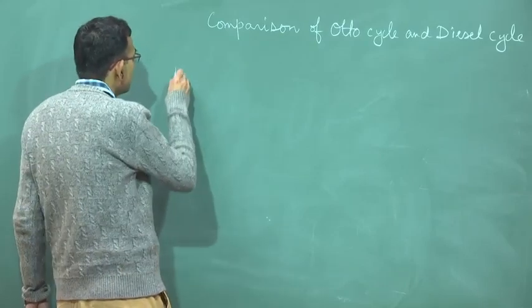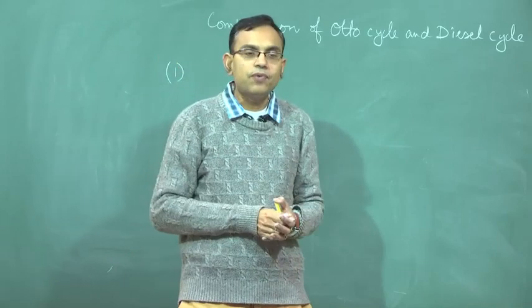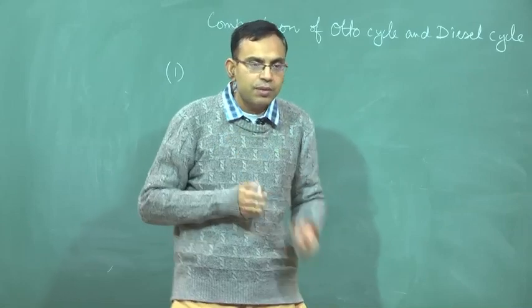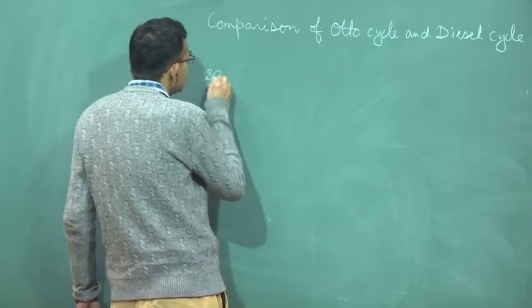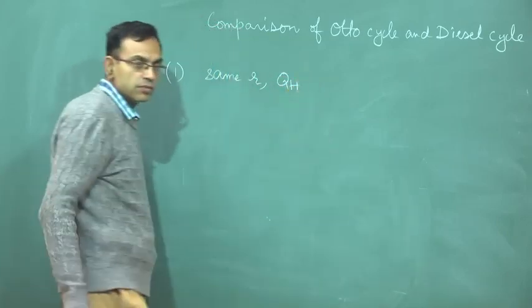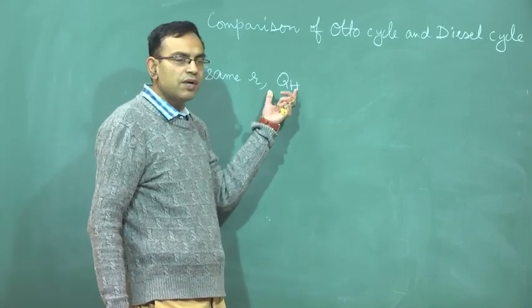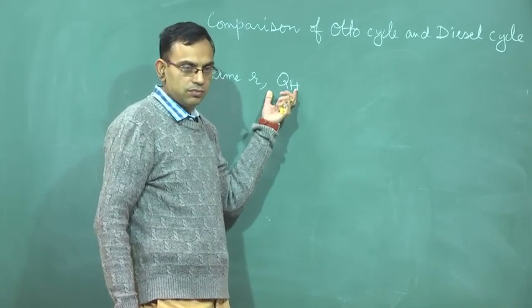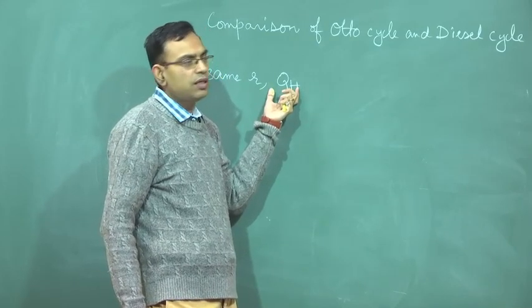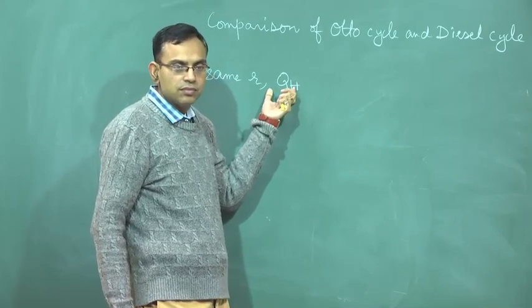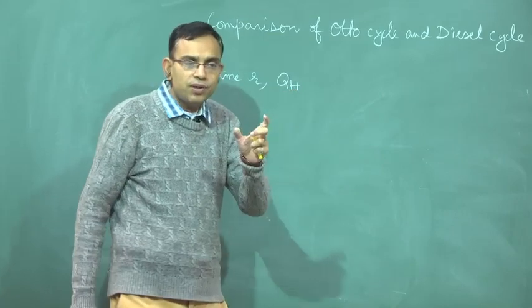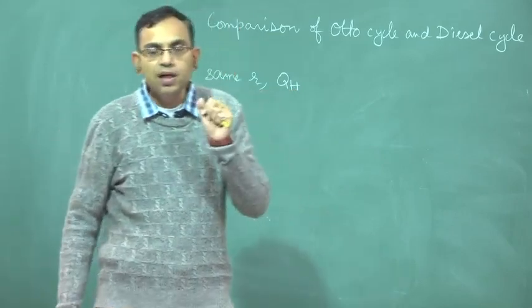So, for any comparison there should be a basis for comparison. You should not compare apple with an orange. So, for common basis let us say for the same R and same QH, when heat transfer is given as a basis, it is better to use the TS diagram, because heat transfer information is directly available from TS diagram, work done information is directly available from the PV diagram, but interestingly